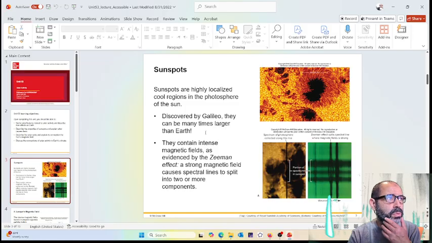Okay? So basically, one of the things that were discovered early on by Galileo when he looked at the sun with a telescope, he saw that it has dark spots. And so these sunspots were something of a puzzle initially, until the science of spectroscopy was developed further and noted that when you run a spectrometer to the region of the sunspots, you will see that the spectral lines of any element, it doesn't matter which, are split into